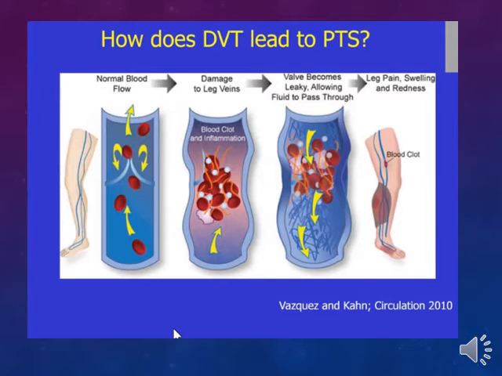How the DVT ends by post-phlebitic syndrome, or post-thrombotic syndrome, or PTS. As we see on the left side of the picture, it is a normal venous flow with intact valve. When recanalization occurred, the destruction of the valve occurred also, and the flow becomes bidirectional, from distal to proximal and from proximal to distal. This turbulence of flow leads to venous congestion and edema of the limb, and also the presence of the residual thrombosis makes the venous return slow, increasing more congestion, more edema, and more color changes,